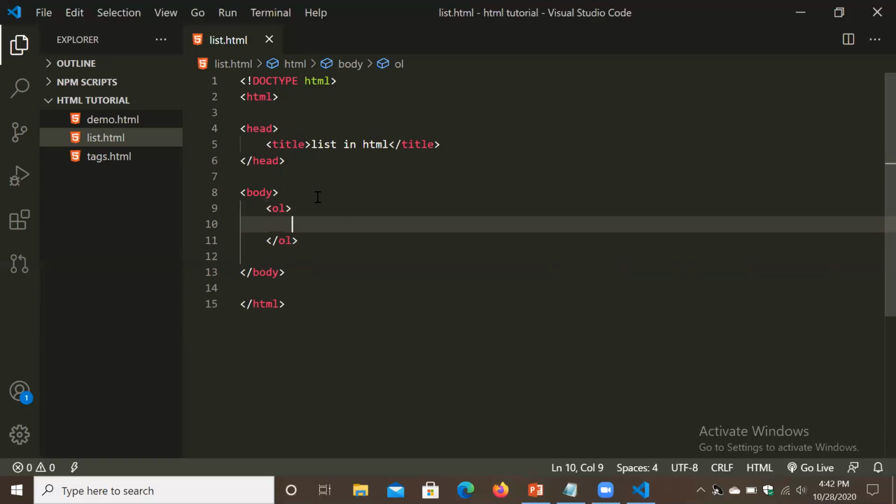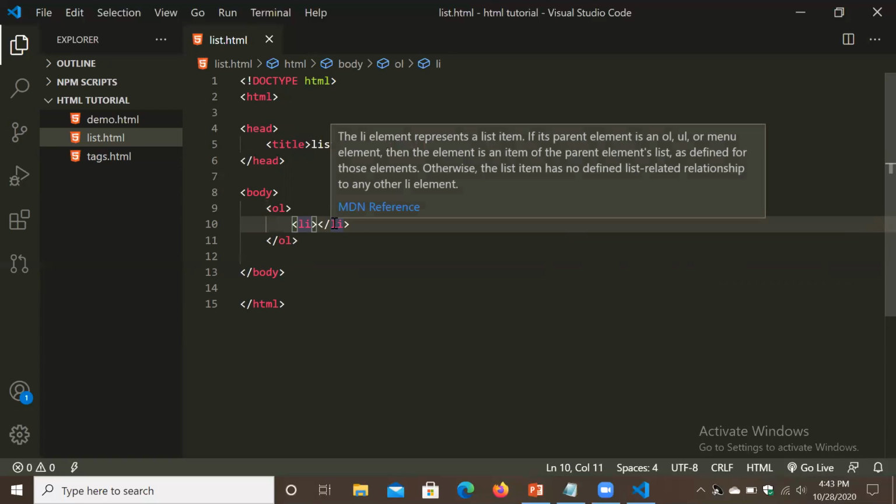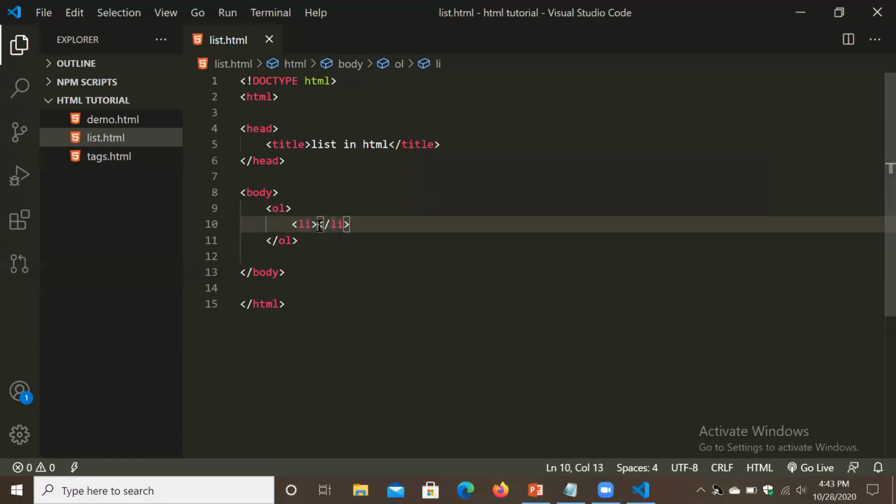Opening tag and closing tag. So simply OL stands for ordered list. In that we have to use another subtag, that is the li tag. So OL stands for ordered list and li stands for list item. Whatever item we want in this list, we have to mention in that li tag.